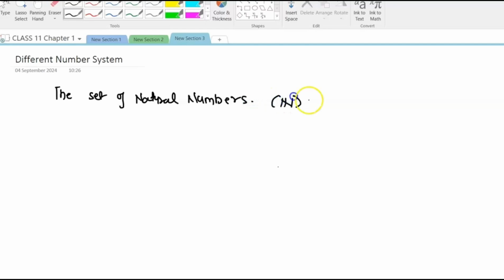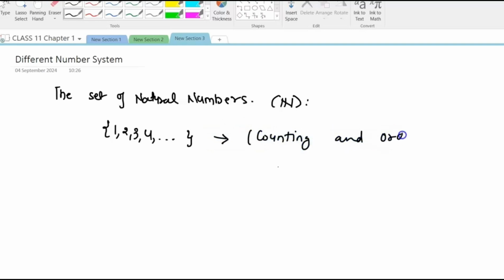We denote it by capital N, and it is the set 1, 2, 3, 4, and so on. It's an infinite set, and we basically use it for counting and ordering. So we are familiar with this set, the set of natural numbers. Now we have also